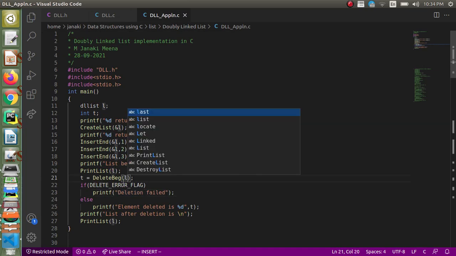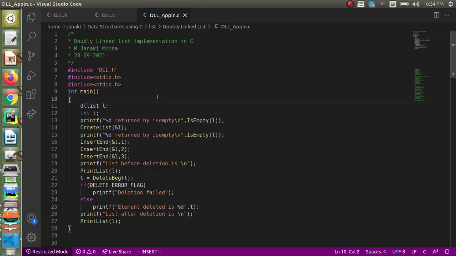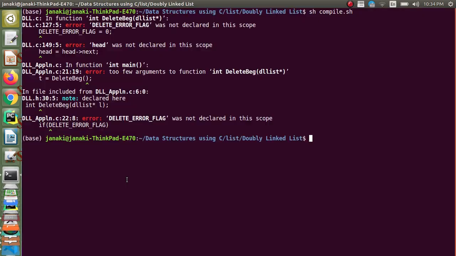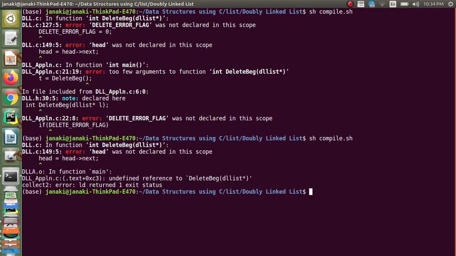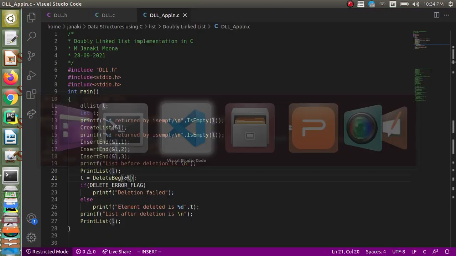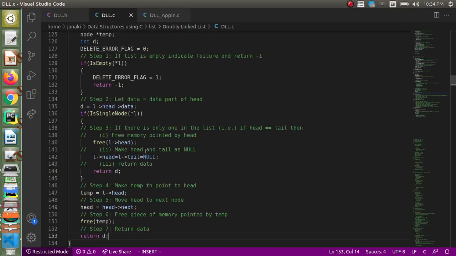I have missed that, so that is also done now, and I have to pass it by address, so I have to put an ampersand, right? Let's compile and check now. It's telling head 149. Yeah, here, yes, here I have to tell L head equal to L head next.